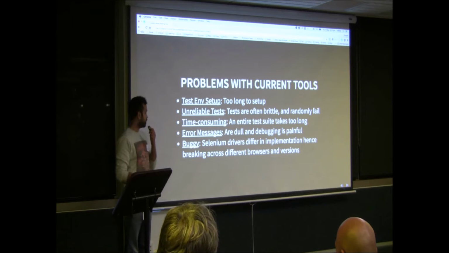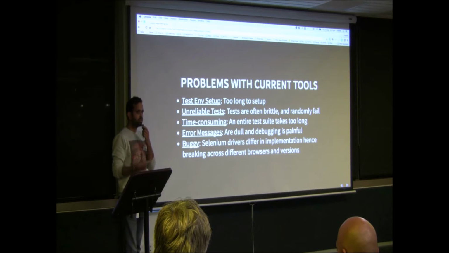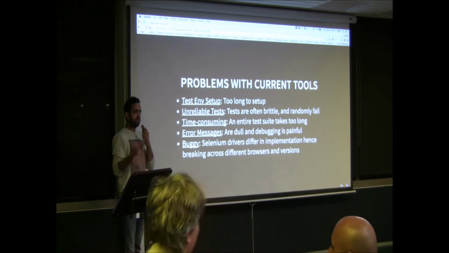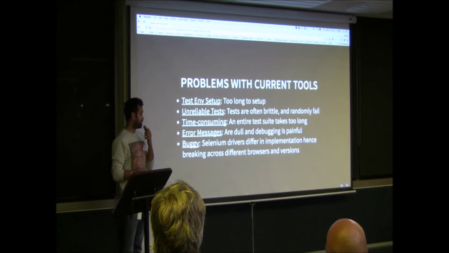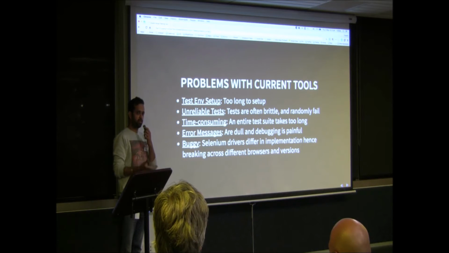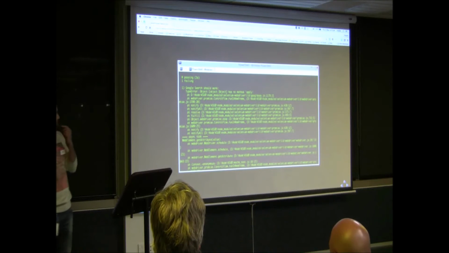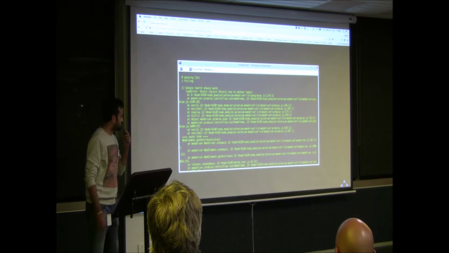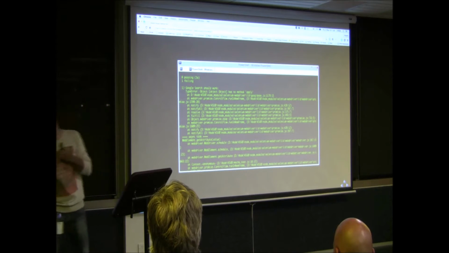We are not developers, we are testers here. Selenium drivers, you have to wait. If there is a new version of the browser, you have to wait for the Selenium web driver to be updated when you start testing, or you'll get lots of errors if the implementation is not there. So you're depending on Selenium rather than doing the testing in the browser directly. Something like this is the error message you get in Selenium. Being an automation tester, I really can't make out what's happening here.